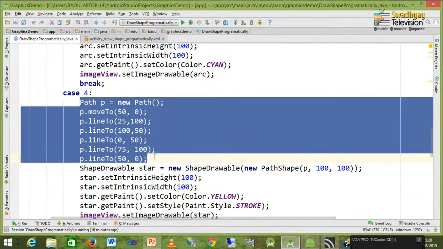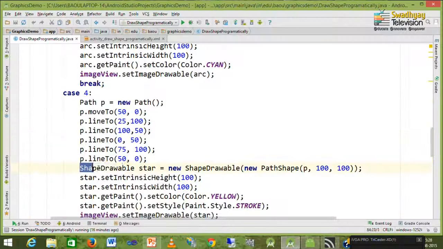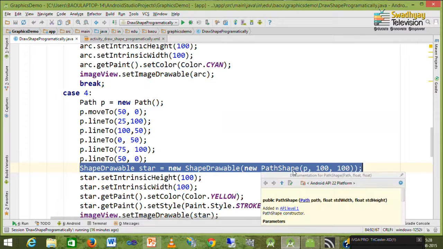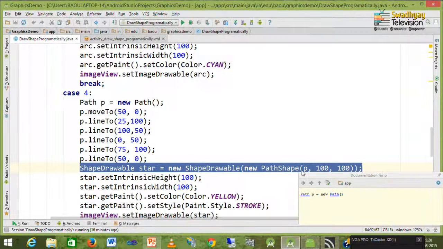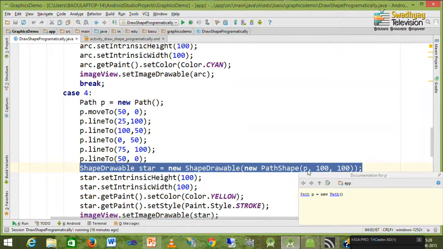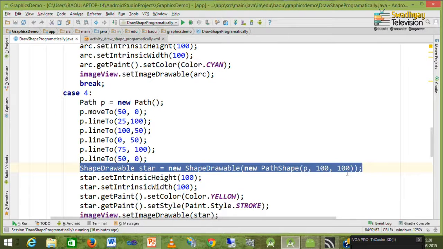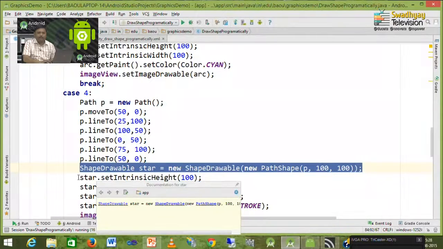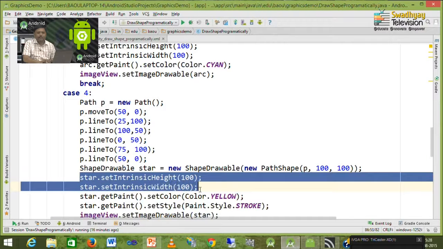Next, we created one shape drawable object, and inside this I create new path shape object, and for drawing this path shape I use this path p, and these 100, 100 specify width and height for our path. Next two lines specify width and height for this star drawable object.